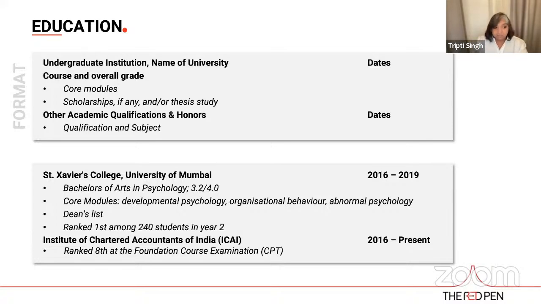The Dean's List, right? Ranked first among 240 students in year 2. All right, so this is what they want to highlight, that they made it to the Dean's List and that they ranked first among 240 students in year 2, in the second year of college. And then they also have Institute of Chartered Accountants of India, the ICAI, ranked 8 at the foundation course examination. If you just say